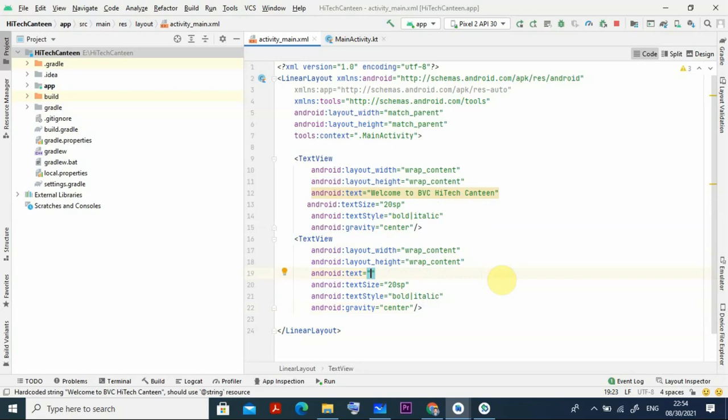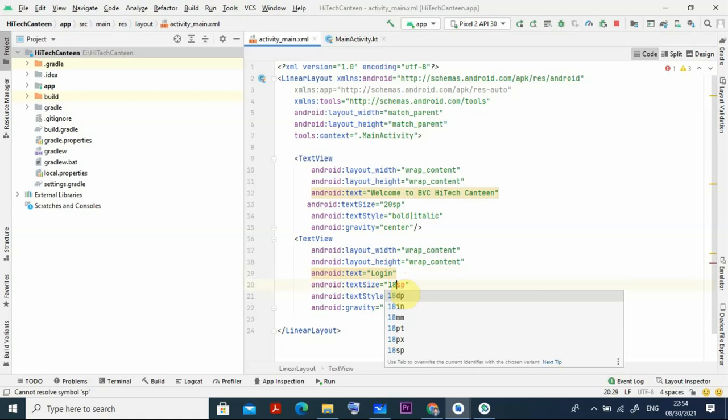So can I write here login? This will just work like a label. And here under text size, instead of 20 SP I put 16 or 18 SP, because the first heading is something different, the second one is, you got it now.